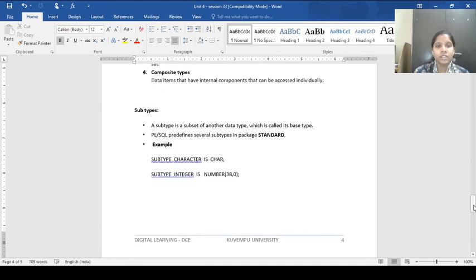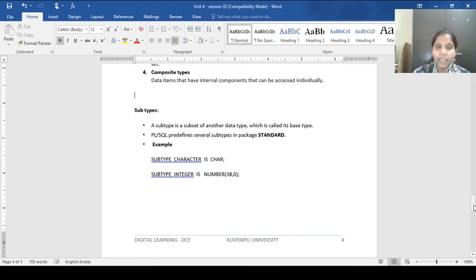So the next part is the subtypes. We already discussed the data types and now we will see a new terminology in our PL/SQL programming language, that is a subtype. A subtype is a subset of another data type.